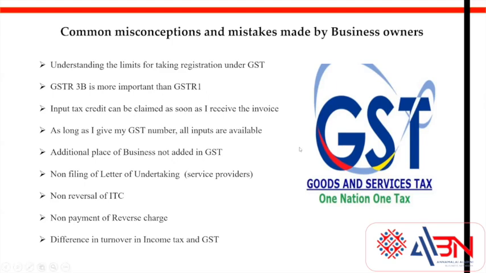So the next portion would be non-filing of LUT, letter of undertaking. Now, letter of undertaking is a mechanism by which all people who are exporting, be it goods or services, need to file this letter of undertaking. The alternate procedure would be that I pay IGST on my export and then claim a refund of that IGST. Now, to give you a working capital saving, they are saying file the letter of undertaking wherein you say that you are exporting the goods and you will receive payment in foreign currency. And once you file this, you can happily go ahead and export without paying this IGST amount and having this